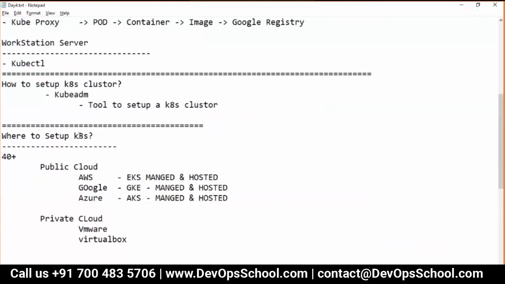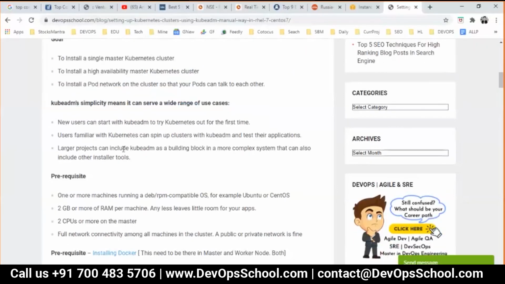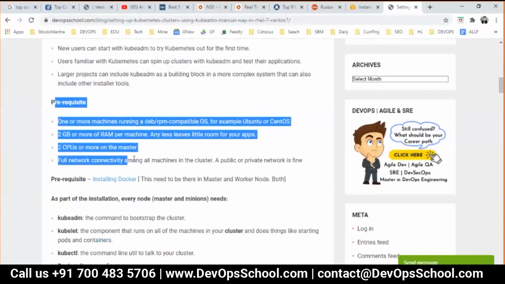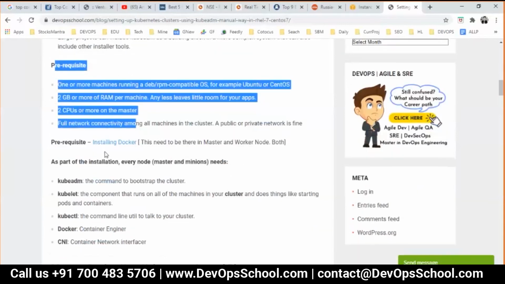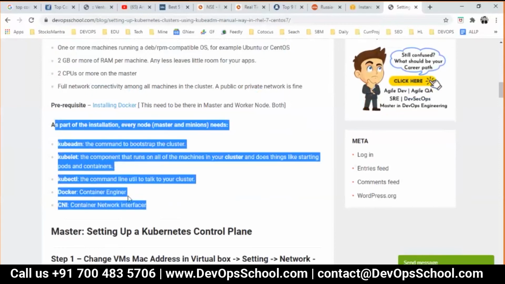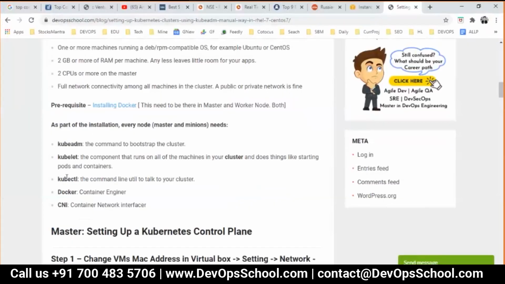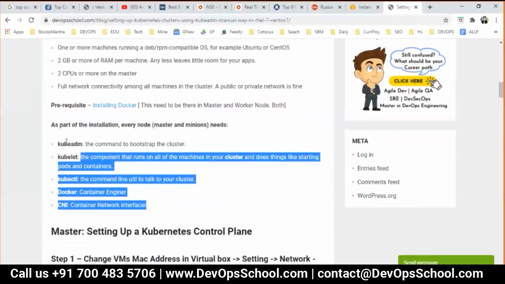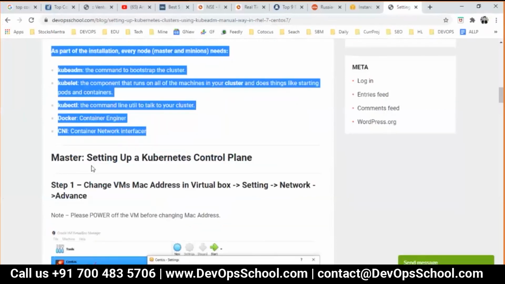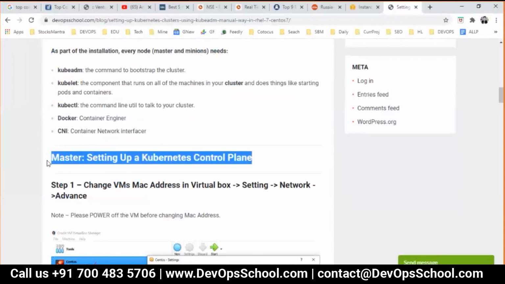Look at this here. If I'm the learner, I will first read about what is Kubeadm. Kubeadm is a utility, a free, open source product, which you can read about on Google also, like a GitHub URL and all. Now, what is the goal of Kubeadm? Basically, in short, using Kubeadm you can set up a cluster. Everyone uses Kubeadm to set up a cluster and manage the cluster. So there are certain prerequisites, which I'm going to read. As part of this installation, these are the prerequisite software you need.